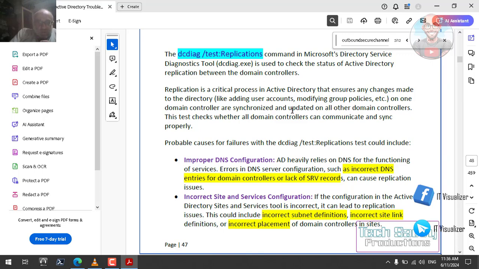It's saying that replication is a critical process, describing the replication process, and it ensures any changes made to the directory are up to date. The causes of failure of this test can be DNS. If the DNS is not correct, it will refer to incorrect domain controllers, or the replication partners will be incorrect, or there is a lack of